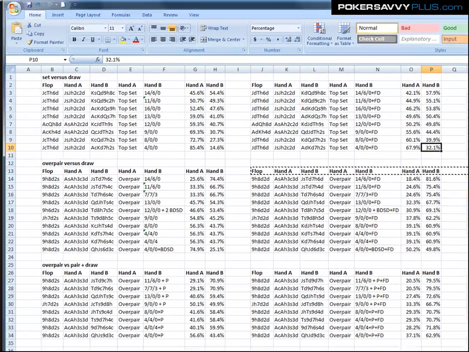Going to move down now to the overpair versus draw matchups. These are the pure overpair versus draw matchups where the drawing hand does not have a pair, and as we'll see below, when you add a pair to the drawing hand against an overpair, it adds a significant amount of equity. But anyway, there's